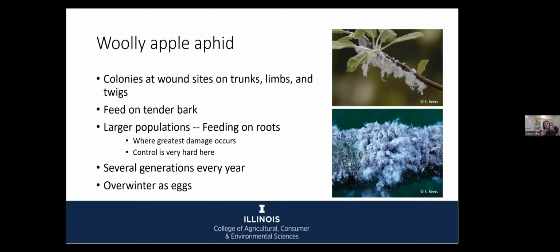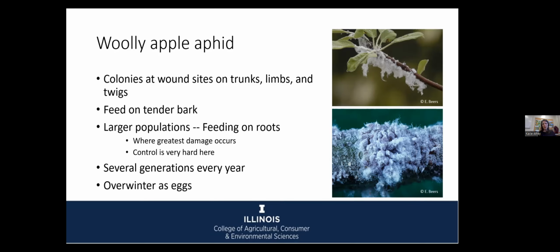It also doesn't necessarily eat the leaves. This thing is going to be eating your twigs, and it's going to be at wound sites. So often you'll look at a tree and you'll see this sort of woolly stuff at a wound site, and that is indication that you have woolly apple aphid. It's also, and it's really important for new apple growers, this is a serious pest of young apple trees. So this is something you really need to be looking out for when you're just starting out.